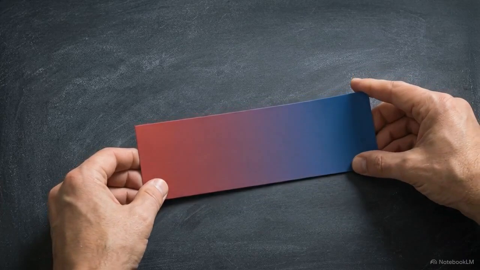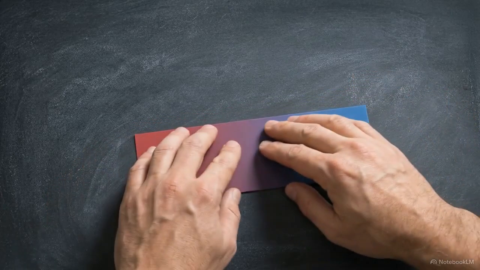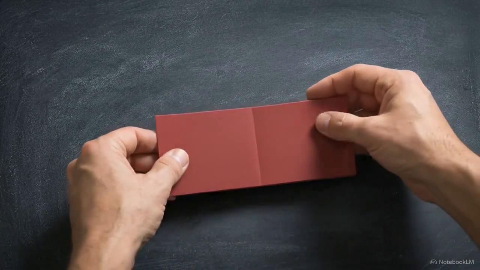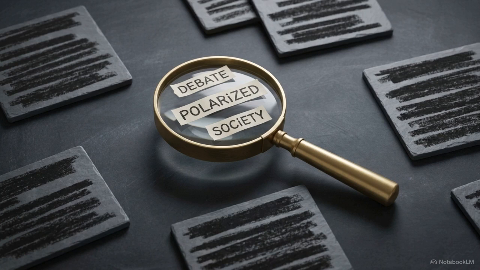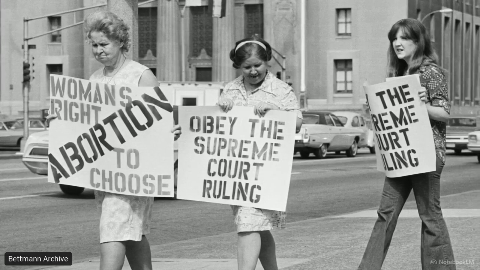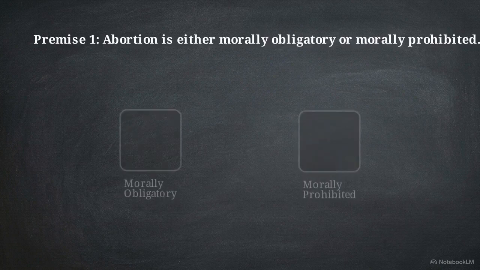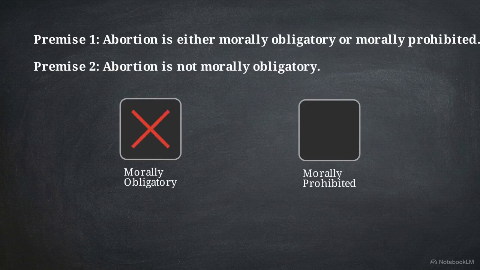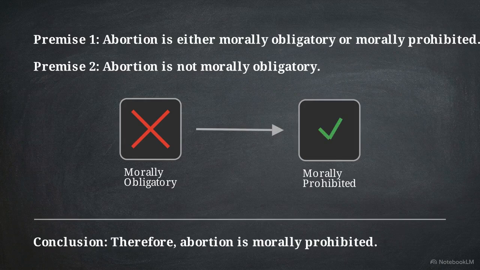The false alternatives fallacy generates its power by taking contraries, which have a middle ground, and forcing them to behave as strict contradictories. We can apply this toggle and slider model to dissect highly polarized real-world debates. Consider how arguments are constructed around complex societal issues like abortion. Let's lay out the first premise of a very common argument in standard form. Abortion is either morally obligatory or morally prohibited. The arguer then introduces the second premise. Since no one argues that it is morally obligatory, it must therefore be prohibited.